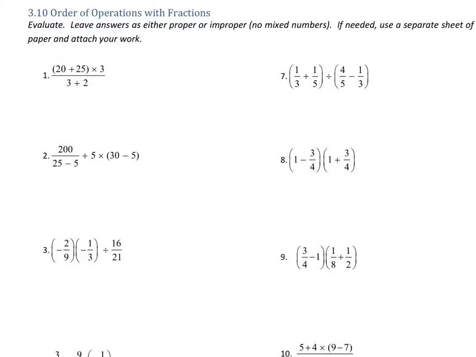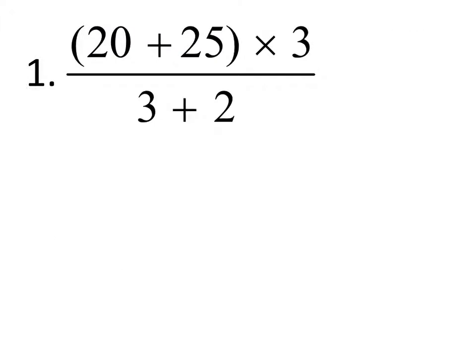So this order of operations stuff, it's really no different than what we've been doing, except now, like numbers 1 and 2, they give us some fractional parts. So if this is the case, we should simplify those fractions as part of our first step. We have to simplify them before we work with any of the outside numbers. The fraction line represents division, but we have to simplify the numerator and denominator first before we look at dividing anything. So we got this